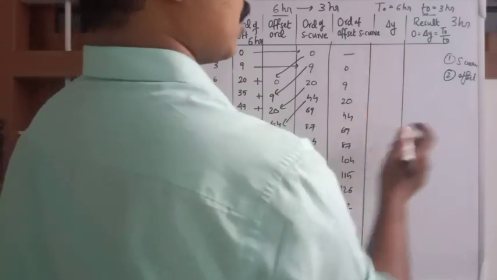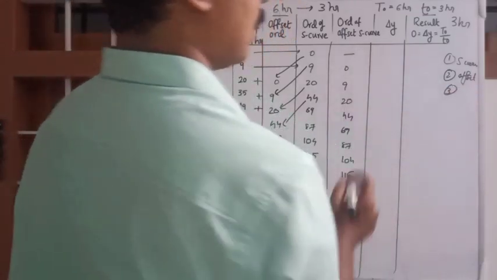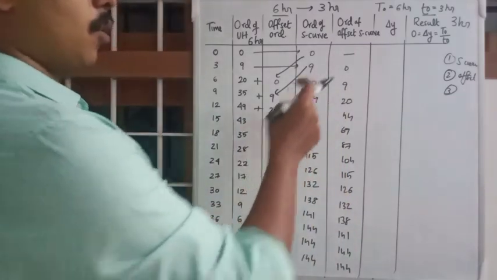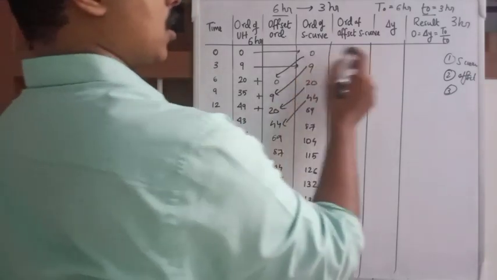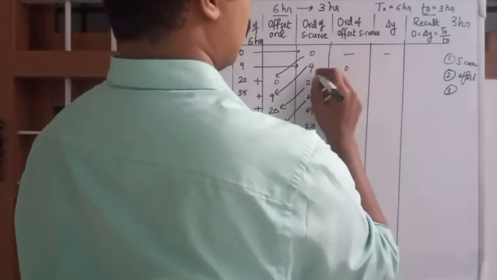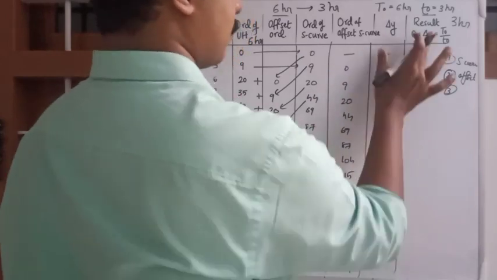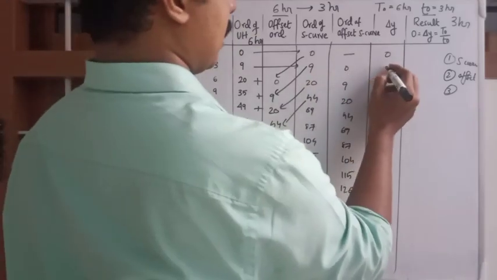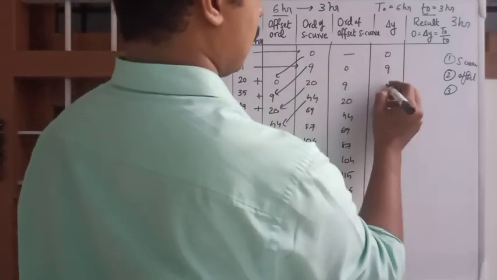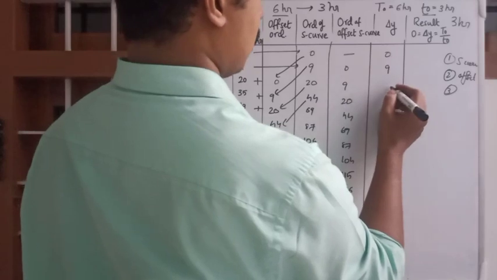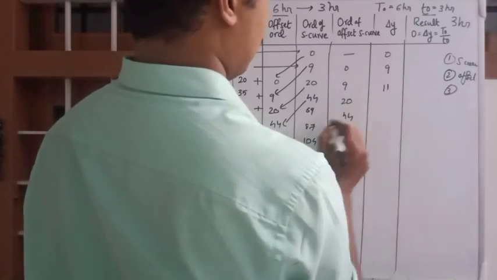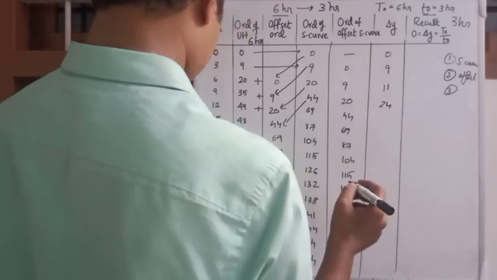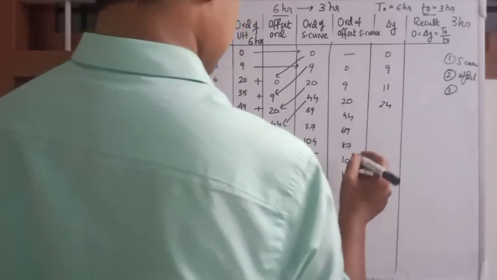Then next, third step, find the difference between these two columns, the last two columns. 0, 0 minus 9, 9, 20 minus 9, 11, 44 minus 20, 24. So likewise,